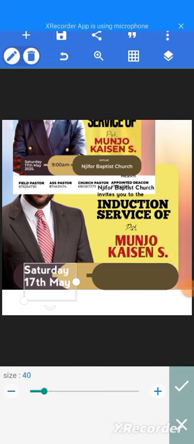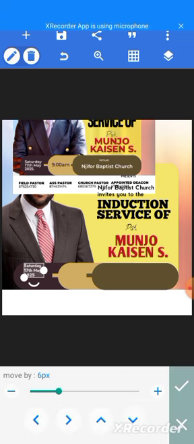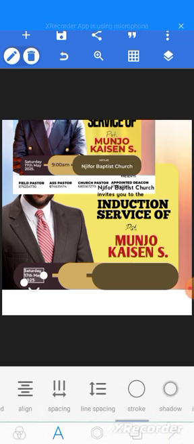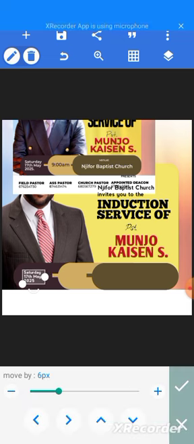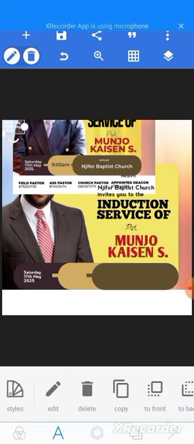If you want to reduce the size, you can as well come to the size tool. From there you can easily reduce the size, and always make sure the line spacing should be of significant distance, shouldn't be that much. So I'll just copy this, put in the time,